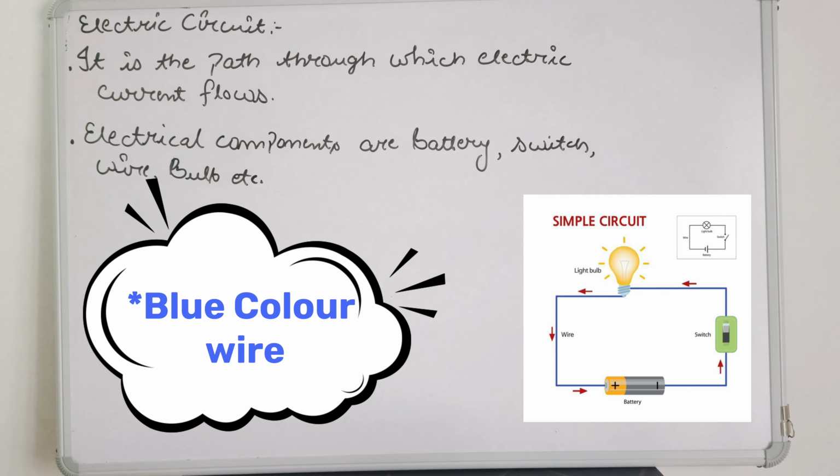Now listen to me carefully. What actually happens in an electric circuit? See, the wire is made up of some metal. It may be copper, it may be silver. Every metal has some electrons in their outermost shells. When energy is provided, these electrons start accelerating, or they start moving. So in this circuit, if suppose that after closing the key, the bulb is glowing, it means that some current is flowing through this circuit.